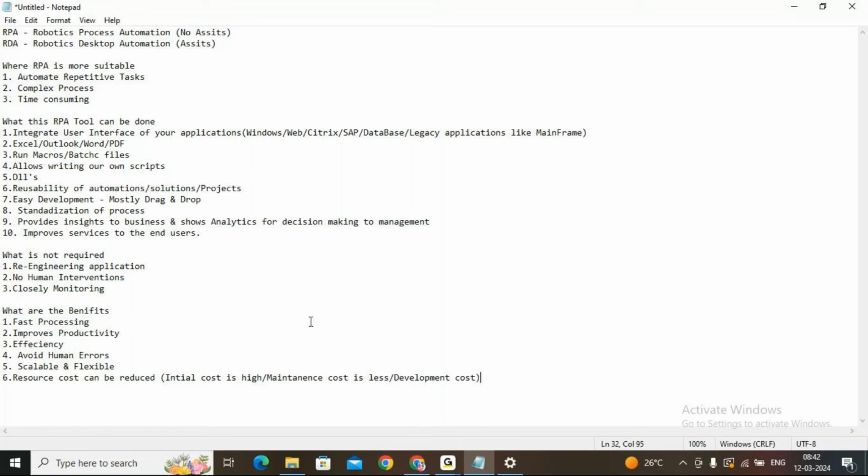So the company initially has to invest in these areas. Initial cost is high in the sense of purchasing the license of this product, and for development they need to hire some resources to develop and maintain such bots. So companies will invest in these places, and